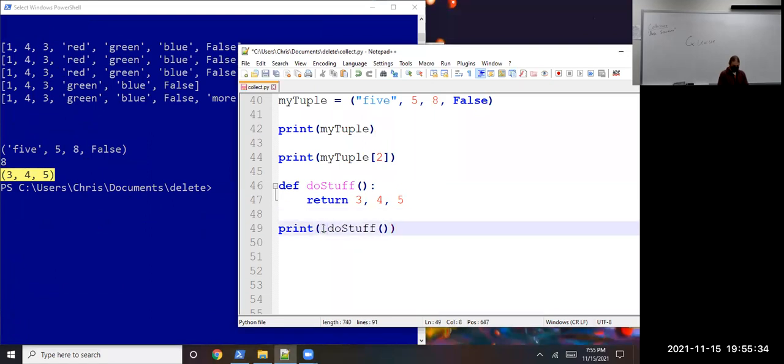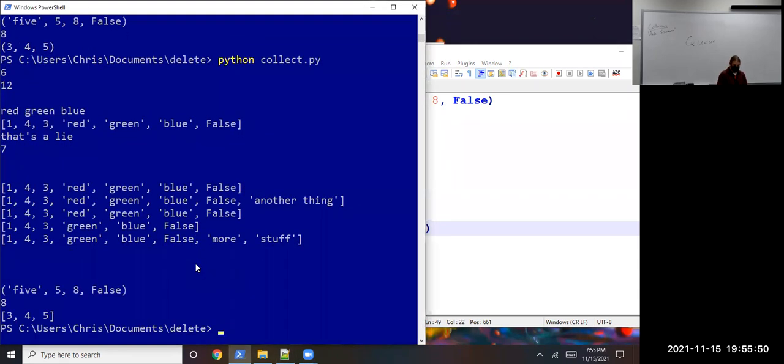I think it's just list. Let me see if yes. So it's a built-in method. We can just say list and then wrap that tuple or the method sending us a tuple in a list. And then we get back to the thing in square brackets, which you saw we can change. We can modify that. So remember, if you return multiple values from functions, which we will see on Wednesday or Monday, we're going to talk for a couple of days about functions. It comes back as a tuple. So you might want to cast that to a list,